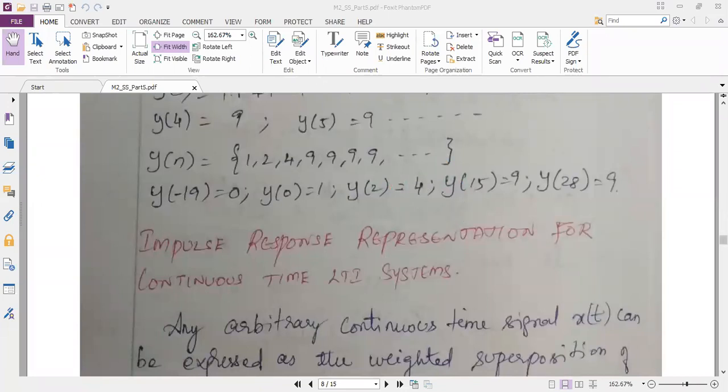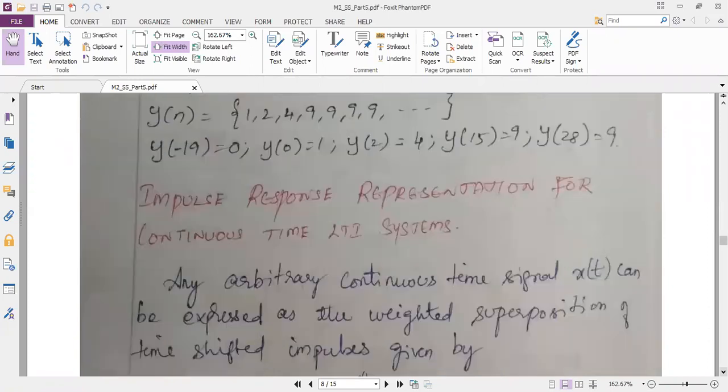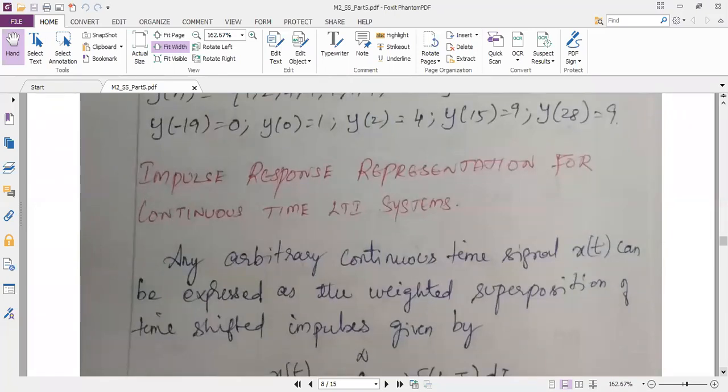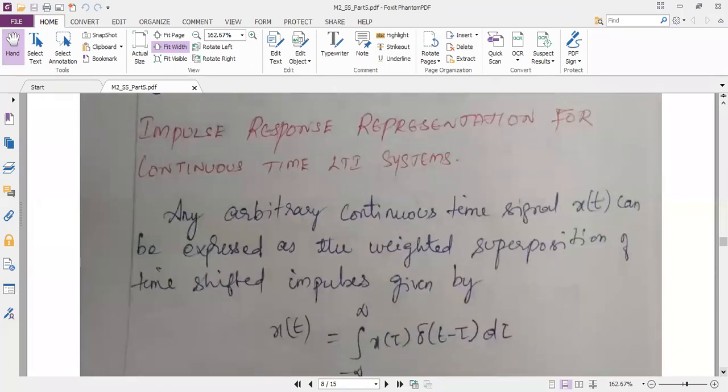Next, I will just introduce this topic. Anyway, I circulated these notes yesterday itself in your classroom app. You can do this derivation after this class, but before tomorrow's class I want you to complete this derivation in your notes. Today I am just giving the derivation; the problems we will continue tomorrow.